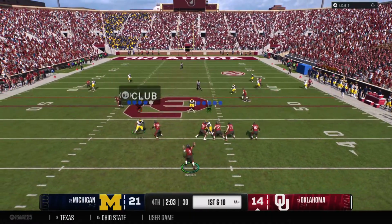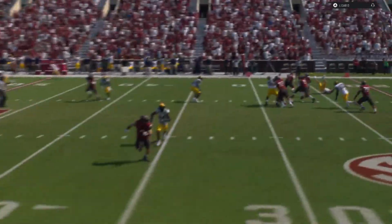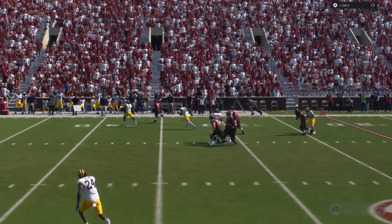He's going to pass. Makes the grab on the left. Plenty of room on that play, and they find their way to the...